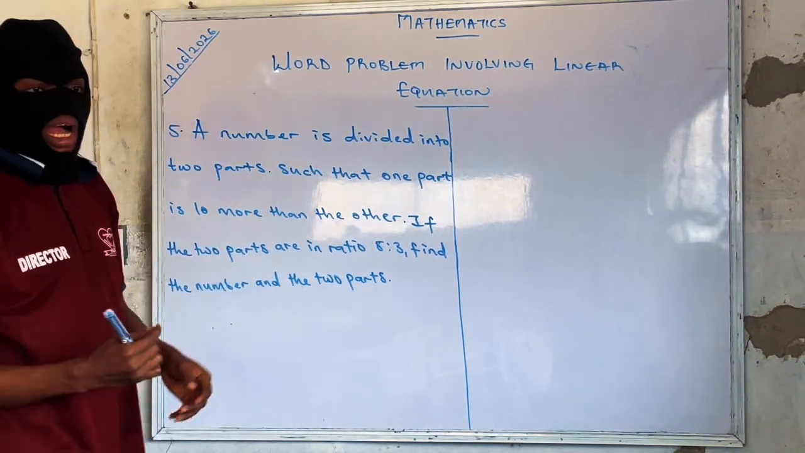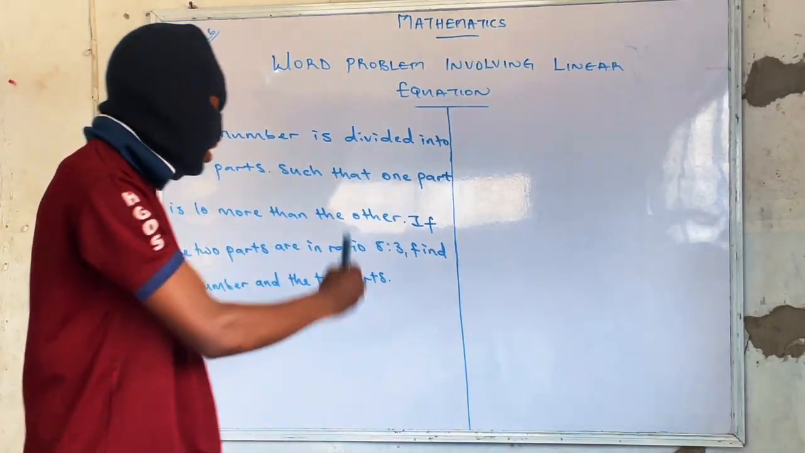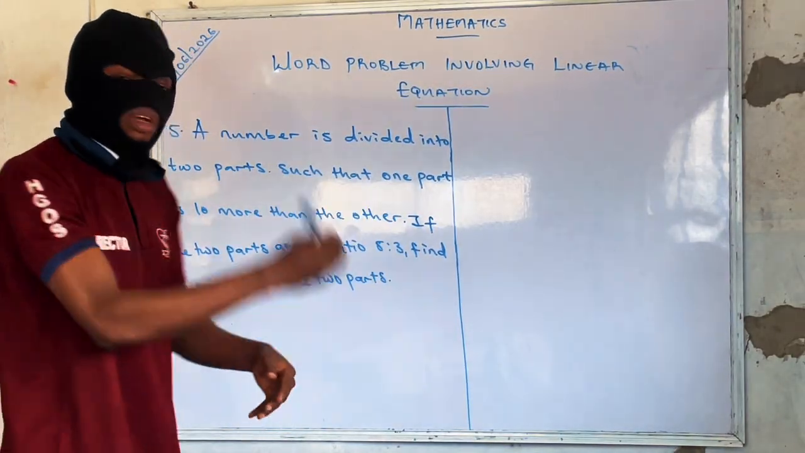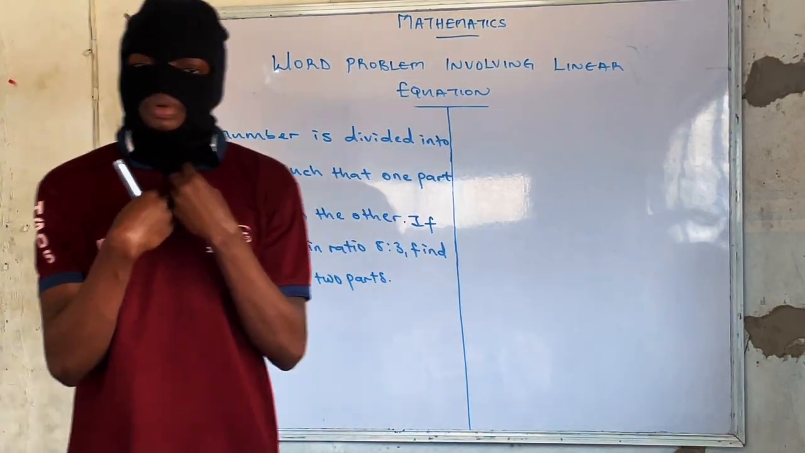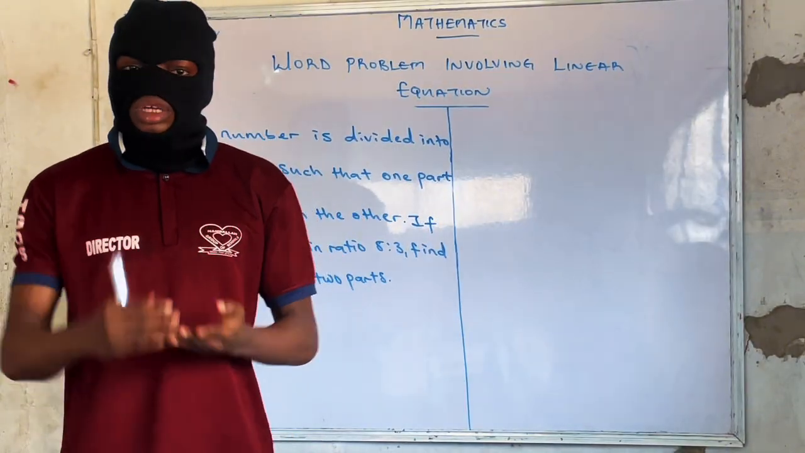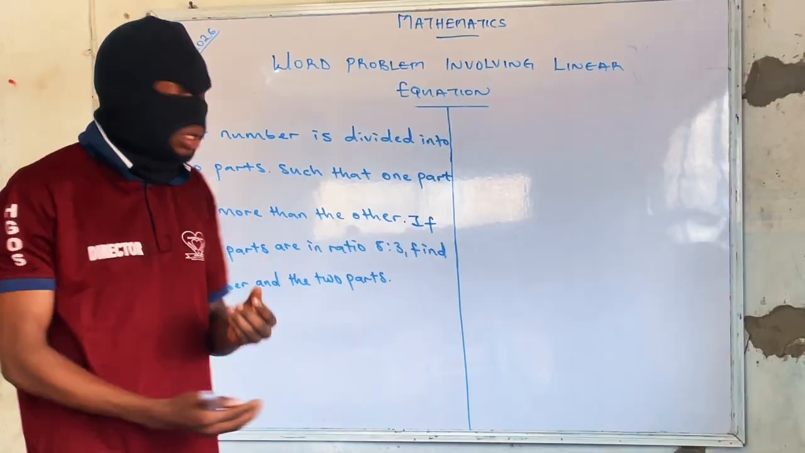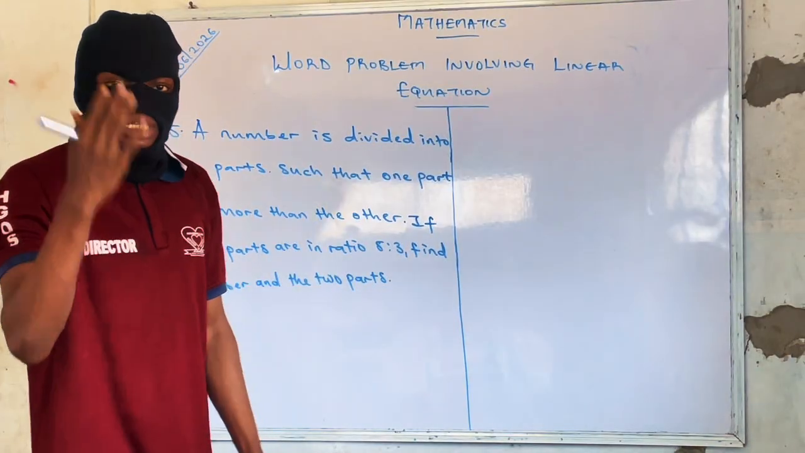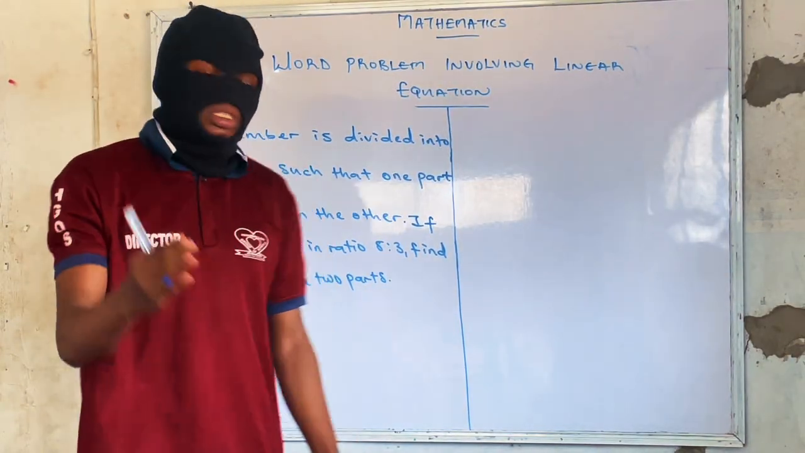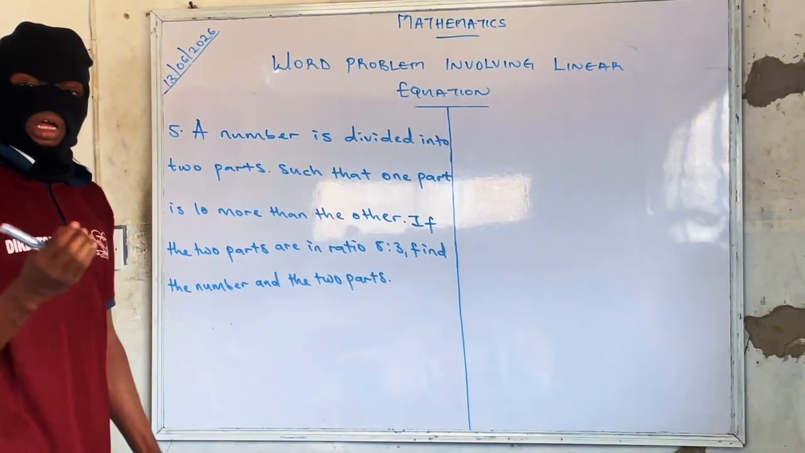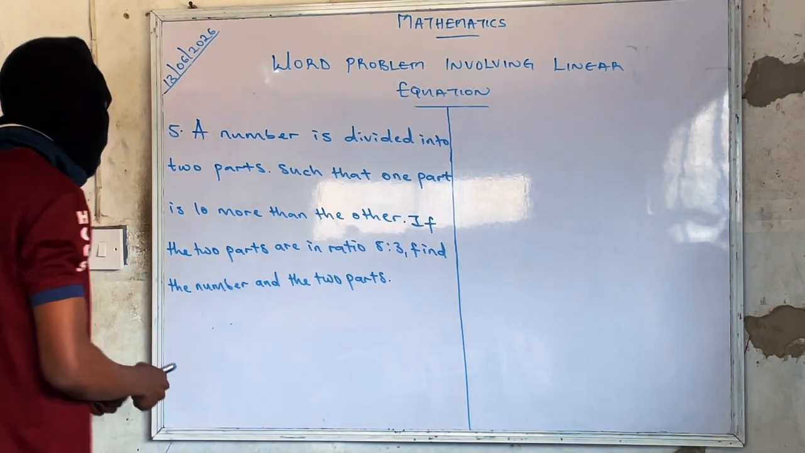Now, it says that if the 2 parts are in the ratio 5:3. Ratio can also be called division, because we are sharing, we are dividing. So this 5:3 still means 5 divided by 3. Now, find the number and the 2 parts. Since we don't know the number, let